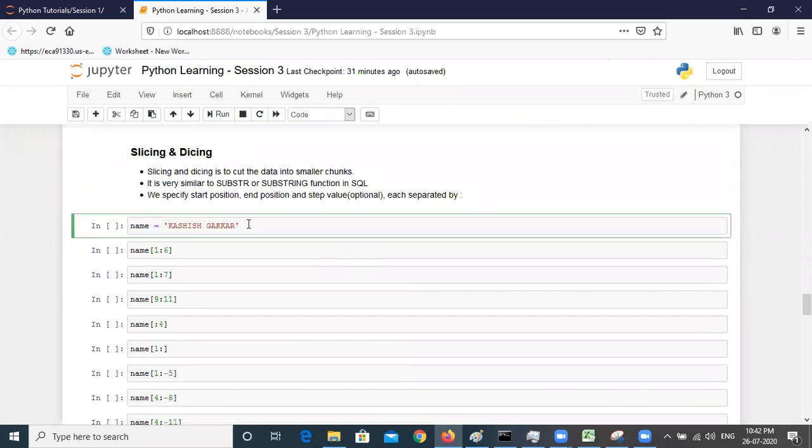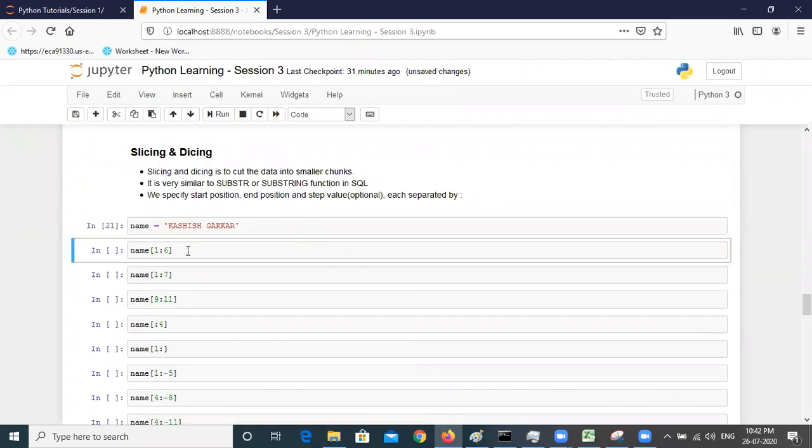So again, I'm creating a variable by the name my name. Let's focus here on the variable name. For indexing, we just write it like this, so this will pick up the value from the first index. But for slicing and dicing, we have to mention the start position. So the first value in the square bracket will be the start position, which is 1, and then a colon. Then you have to specify the end position. From this location, it will start picking the alphabets in the string, and go up to the sixth, which is the ending position. So this is the slicing syntax that we're going to use.